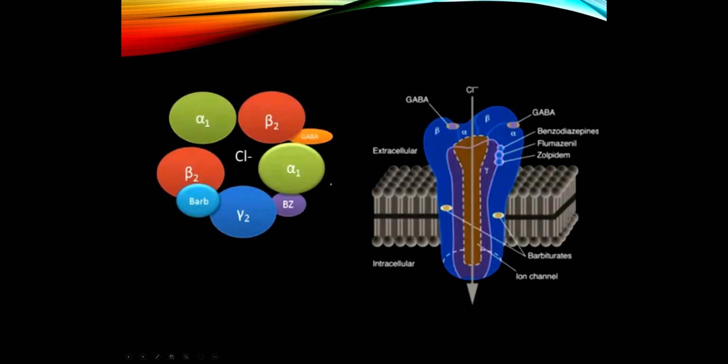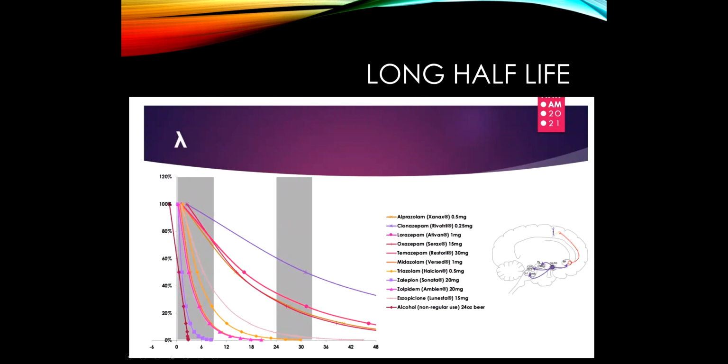So here's the GABA receptor. And here we have binding sites for all of these different benzodiazepine type medications. Remember, barbiturates like phenobarbital also act on this channel. Please don't worry about any of the different medications here. I'm just listing some of the benzodiazepine medications to point out the long half-life that many of these have. Look at alcohol here, really short half-life.